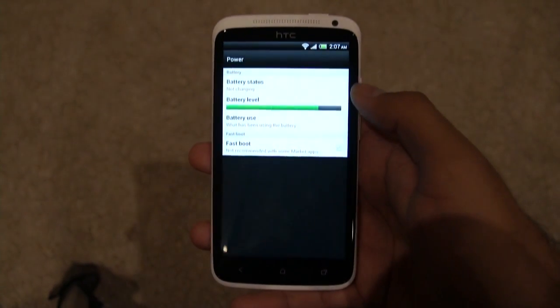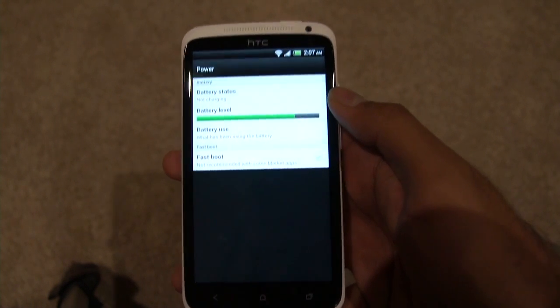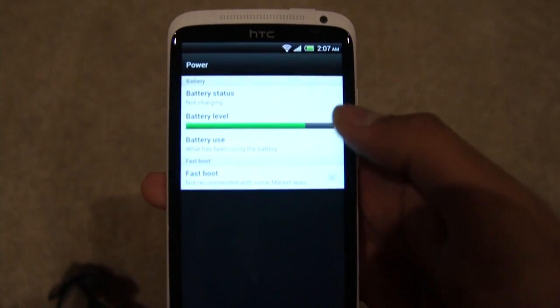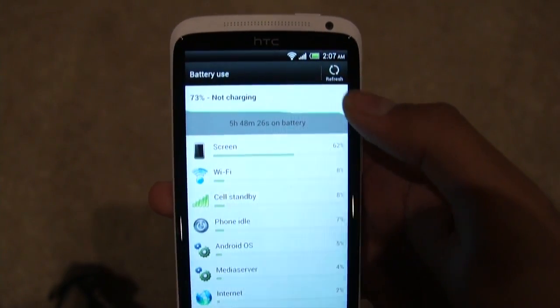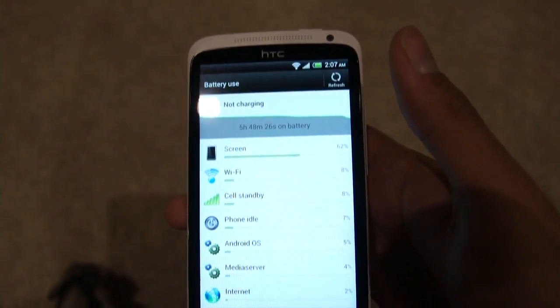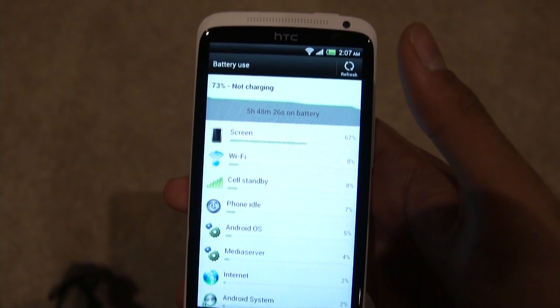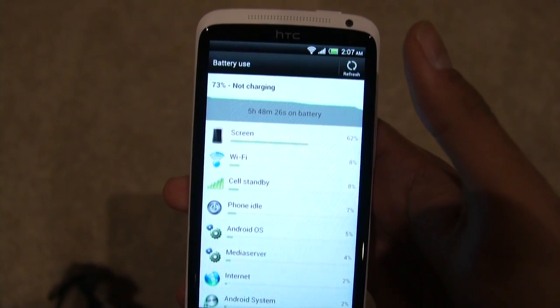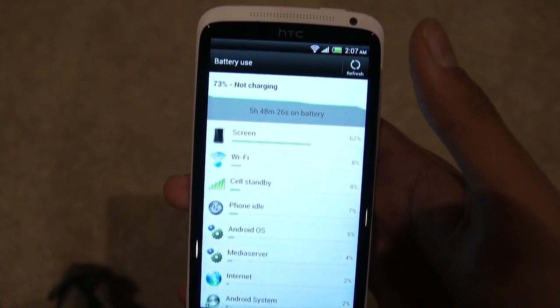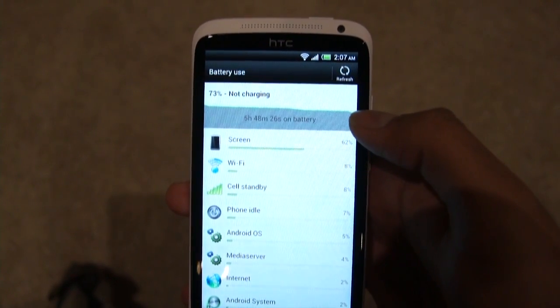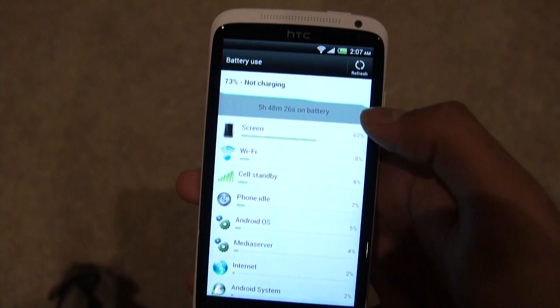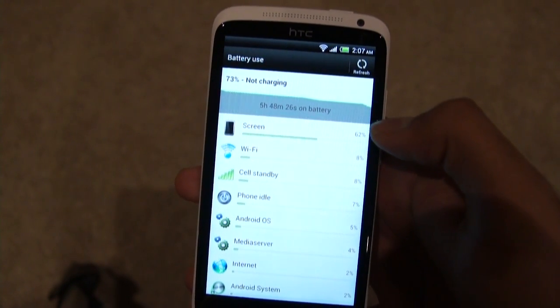Power as well. Power wise, you got your battery status, you got battery level, and then the battery use is down here. There is no way to put up a number over there, so how much percentage you have left, but HTC have said they are working on something like that, either for an update or for the next version, where we'll soon see. If you're wondering about battery life on this, probably around 7 hours battery life, I would say,